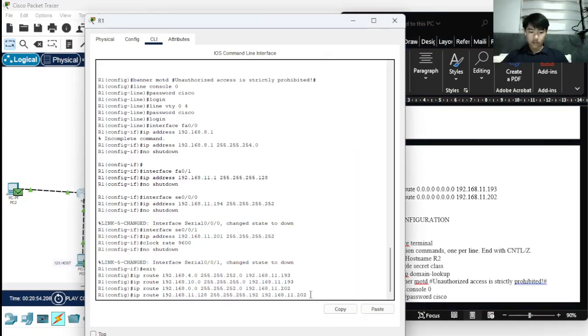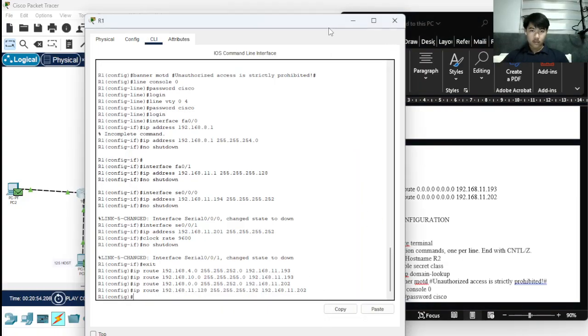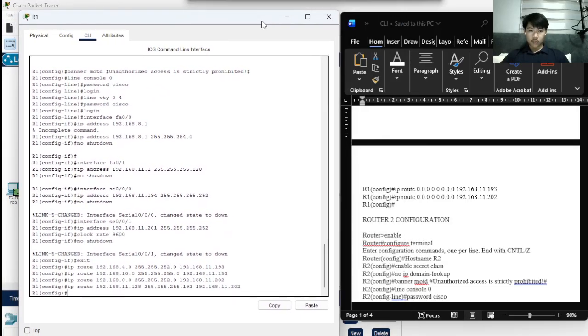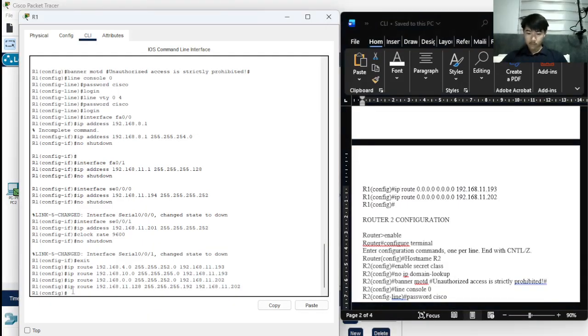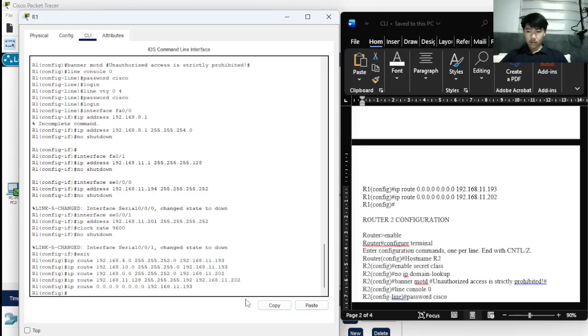Then again, for the router 1 configuration, let's add this. Then enter, and for the last one is